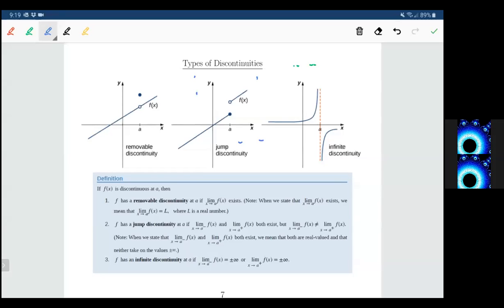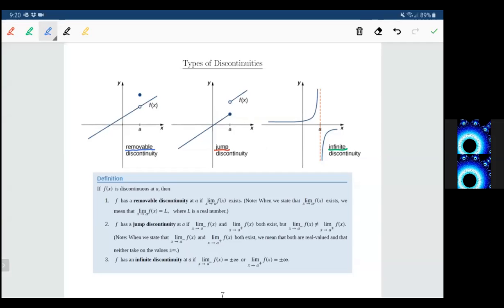It's helpful to know what type of discontinuities arise and be able to classify them for functions. So for example, we have three different types. The first type is what we call a removable discontinuity. The second is a jump discontinuity, and the last is an infinite discontinuity. So let's examine each of these graphs individually and find out which part of the definition of continuity is